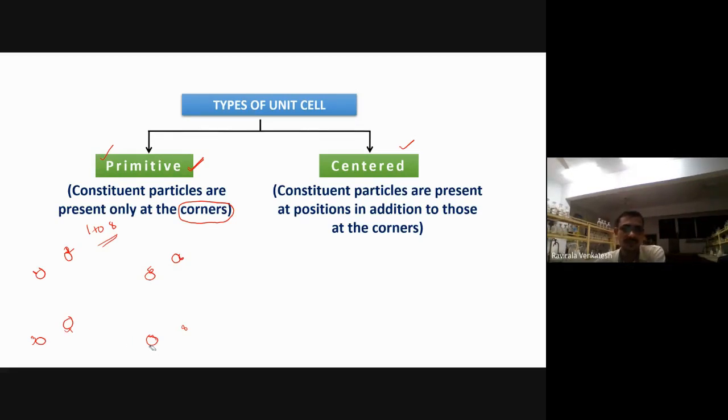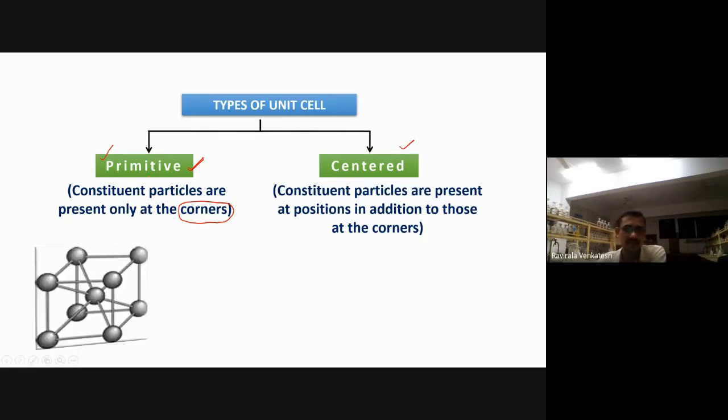I will show you with a diagram. You will have corners as well as extra also will be there. Extra means in the sense what happened? Edge centers, body centers, like this. Now you observe here, all these are having corners only. First corner, second corner, third corner, fourth one, fifth one, sixth one, seventh one, 8. Now it is having 8 corners.